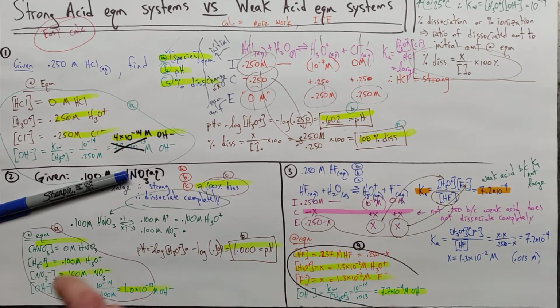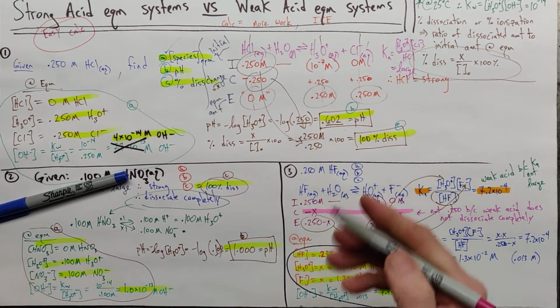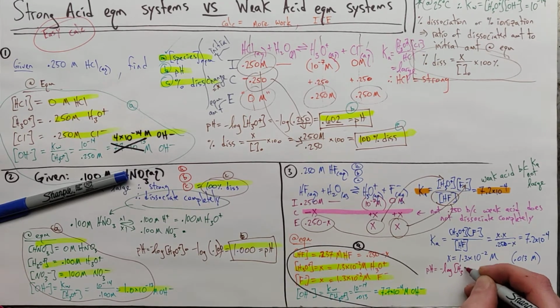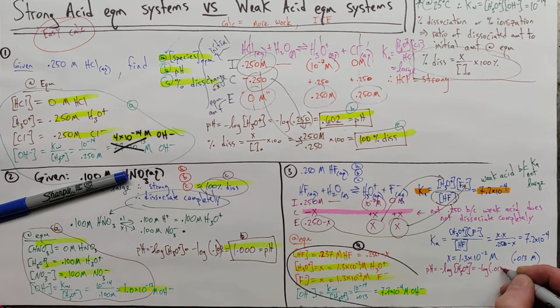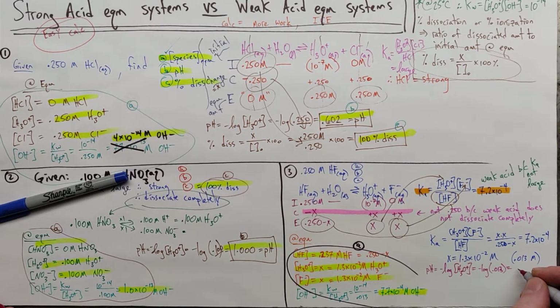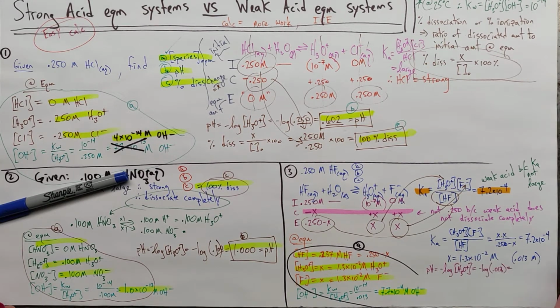Our part B is supposed to be a pH. Now we can get that very quickly. Our pH is supposed to be the negative log concentration of H3O+, and that is the negative log of 0.013, which should give us 1.89-ish. What did I have? I had 3 sig figs there. I only had 2 there because this only had 2. So we'll go with 1.89